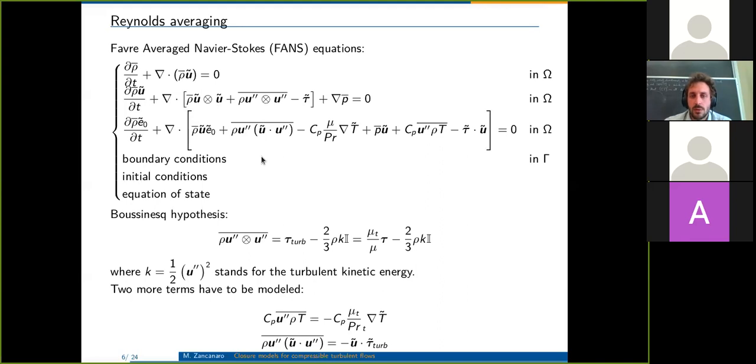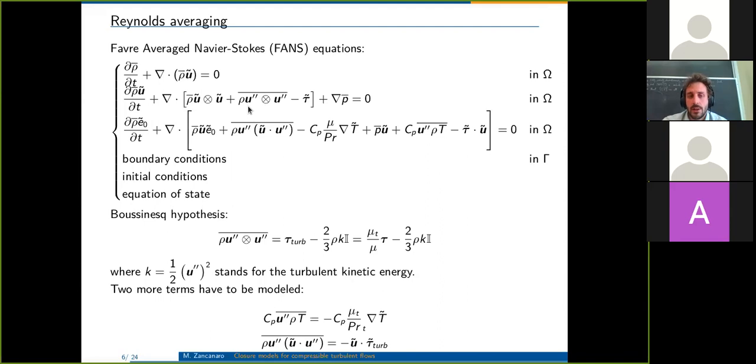But if you notice, still there are some terms that contain the fluctuations, mainly for velocity. And you have somehow to solve these problems since you're not, as I told you, interested in them. So a very common way to get rid of these terms is to use the Boussinesq hypothesis. So basically what you are saying is that the term that is here in the momentum equation, that is the Reynolds stress tensor,